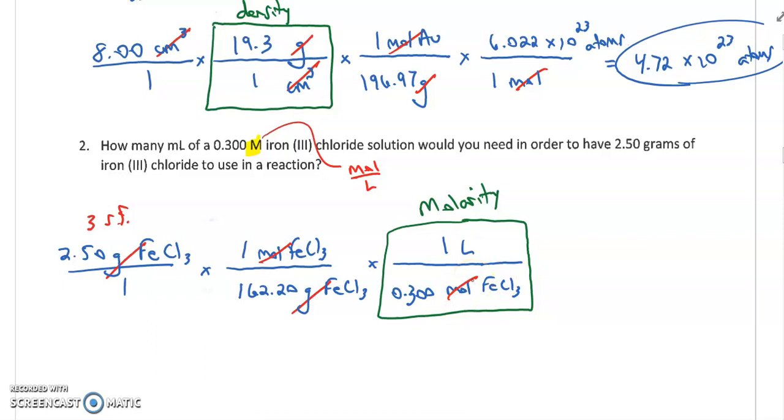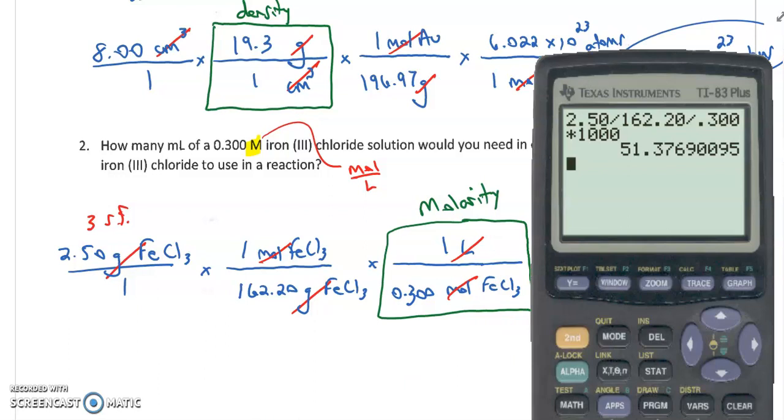Now the question was asking me to solve for milliliters. So I just need one last step at the end. This is just my base metric units here. I know that for every 1 liter, it's 1,000 milliliters. So this gets me to cancel out liters and get into milliliters. All right, so let me pull out my calculator and plug this in. All right, so I've got this plugged into my calculator. I get